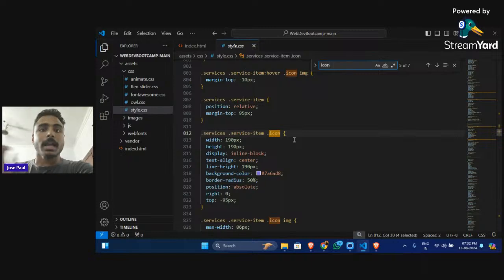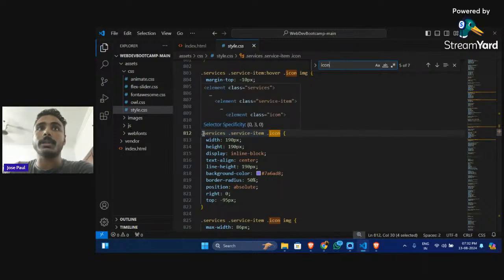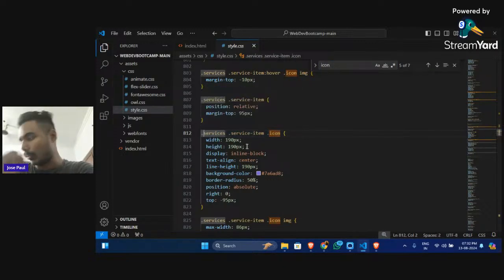So now when you see here, we can see 3 different classes. How do I know that it is a class? Because it is using the dot in front of the name of the class or ID. So since it used dot,